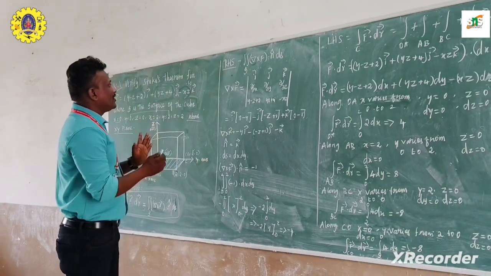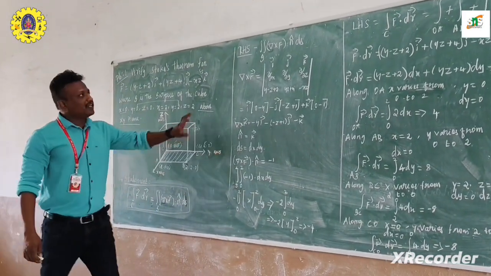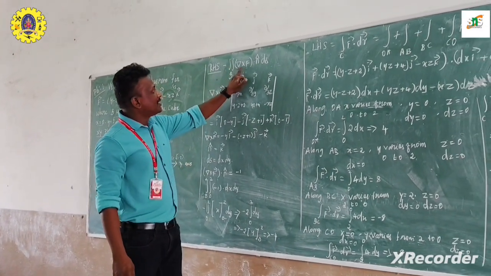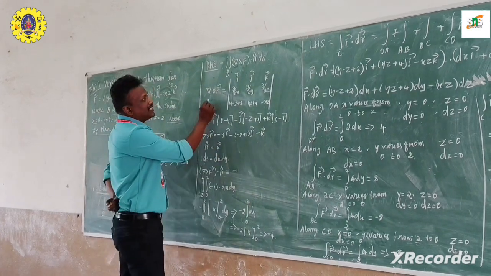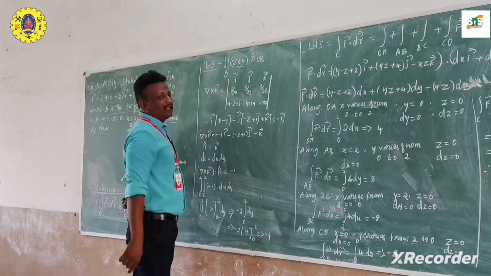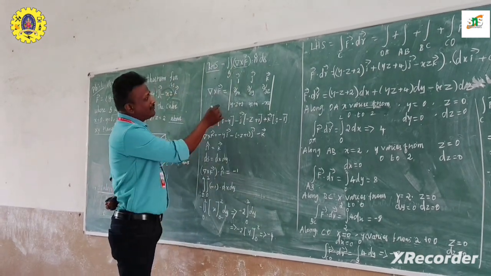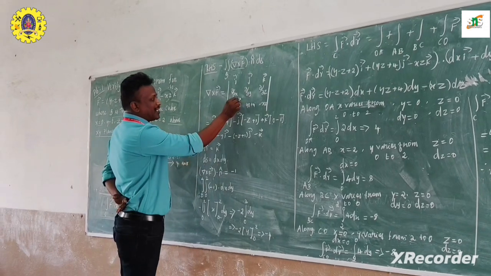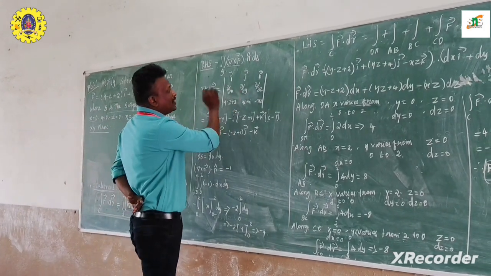First, write what we have on the right hand side of this statement. So this is my right hand side, which I have just written. It is the double integral of del cross F vector dot n cap ds. First we need to calculate del cross F vector. We have a formula to calculate del cross F vector, which means to calculate your rotation, you have to use del cross F vector. So the formula is: